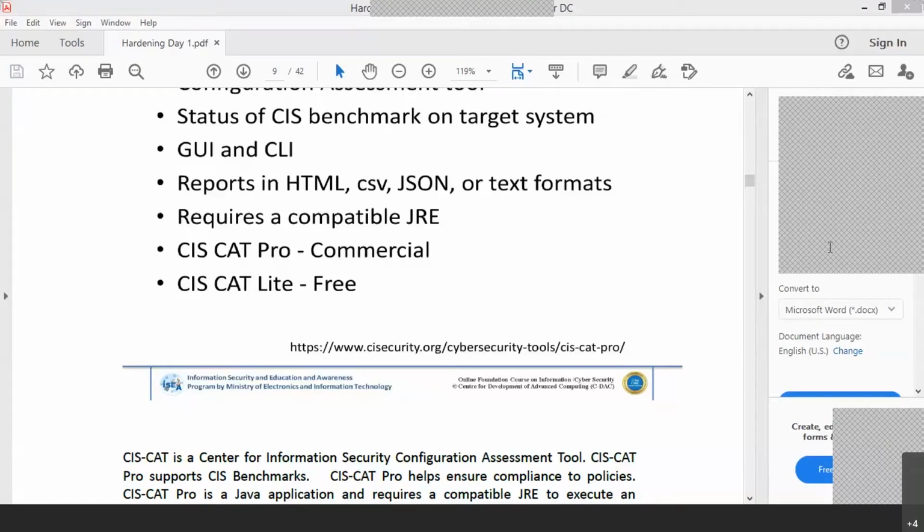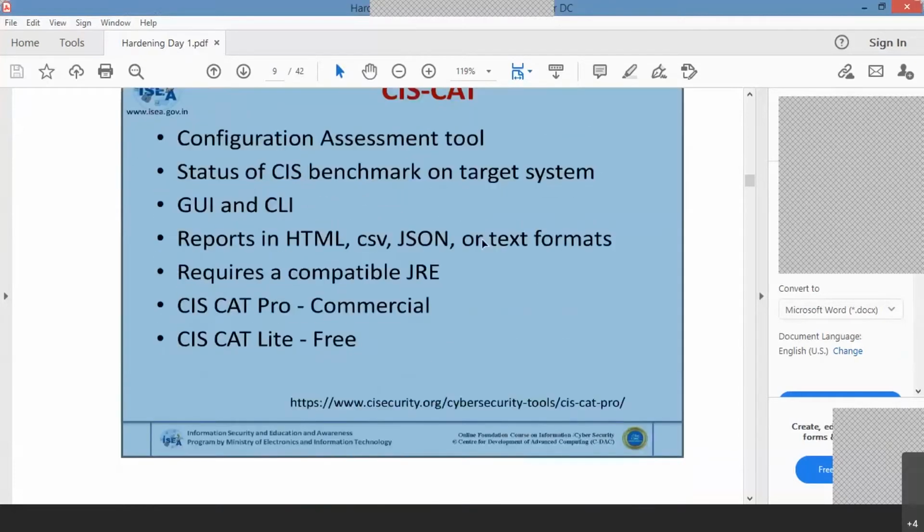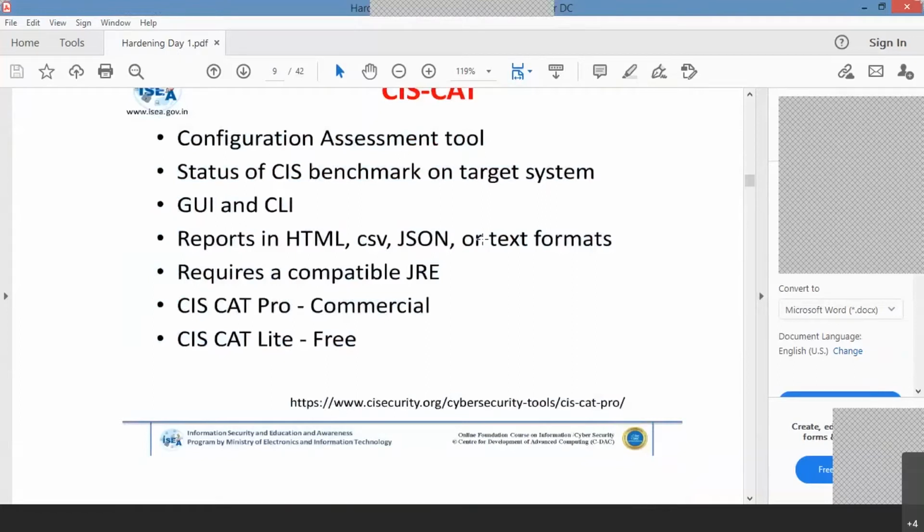So next we will see the Syscat tool, which is basically a hardening tool and a configuration assessment tool. Why I'm stressing configuration assessment is: suppose you have a server on Server 2008 or 2012 or 2010, we want to know which compliance checks have failed. There are always standards: some with respect to CIS, some with respect to STIG, and one with respect to PCI.